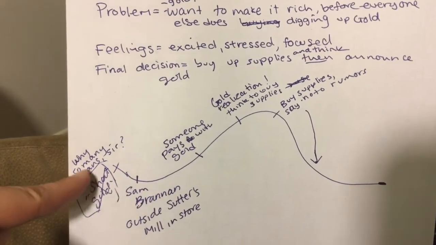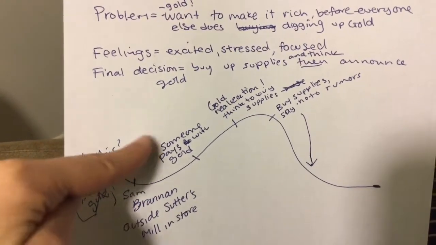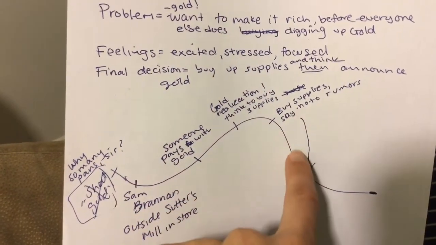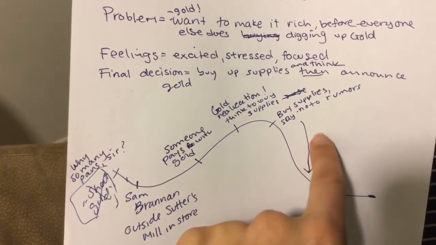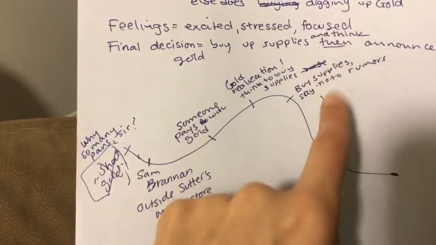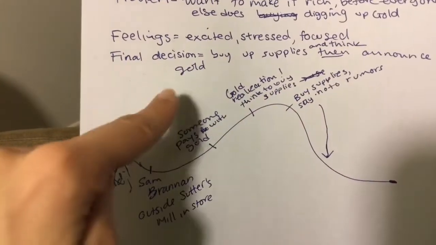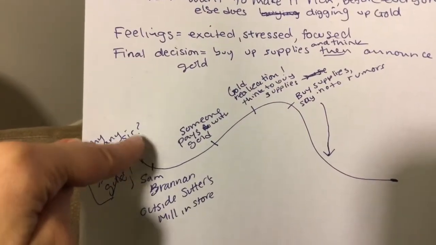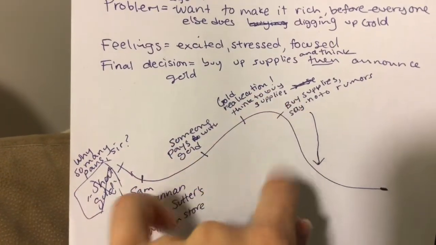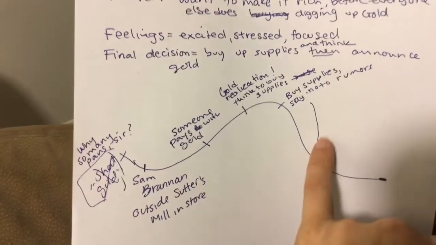So there's someone who's going to say that, and then it's going to go 20 minutes earlier, and then you're going to have this whole story. And it's going to say here, why so many pans, sir? So I think starting with a hook of some dialogue, a small detail for why he buys them, but then leaving my reader in mystery and saying 20 minutes earlier, and then the reader gets to find out why that person said that at the end.